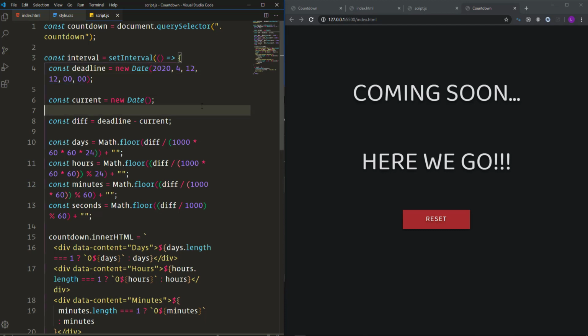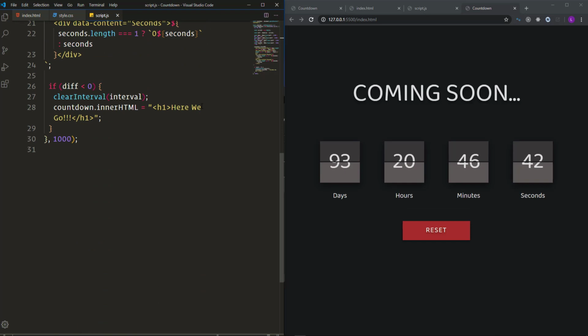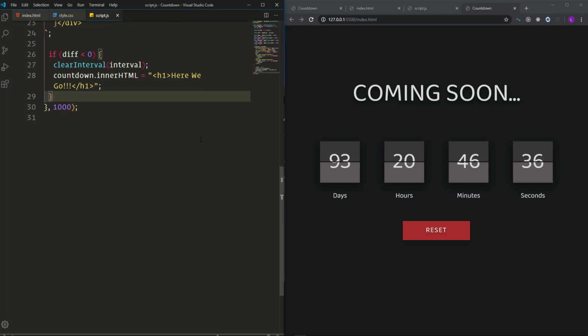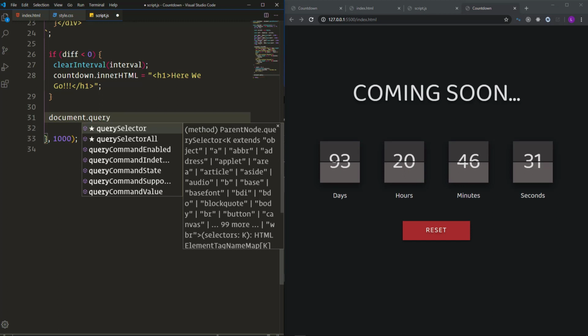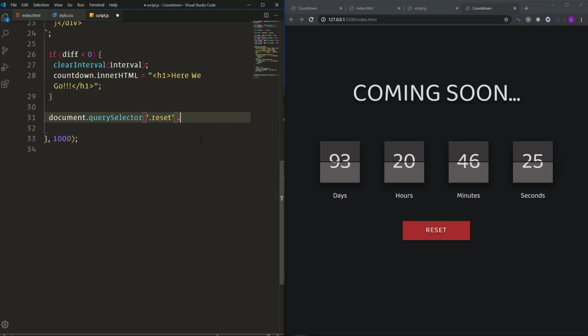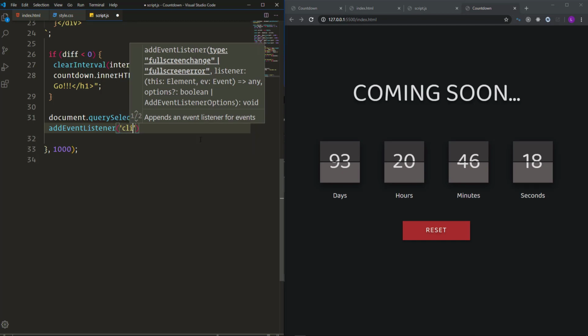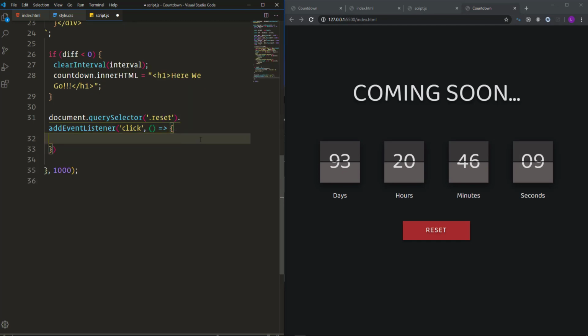Alright, so we're almost done. The only thing that I'm going to do is to make the reset button work. Once I click it, it should reset the countdown and make those numbers zeros. So I'm going to select reset button using query selector method. Then I'm going to attach to it event listener using add event listener method. It takes two arguments. The first one is going to be the click event. As for the second one, I'm going to pass here an arrow function, which will be executed once we click